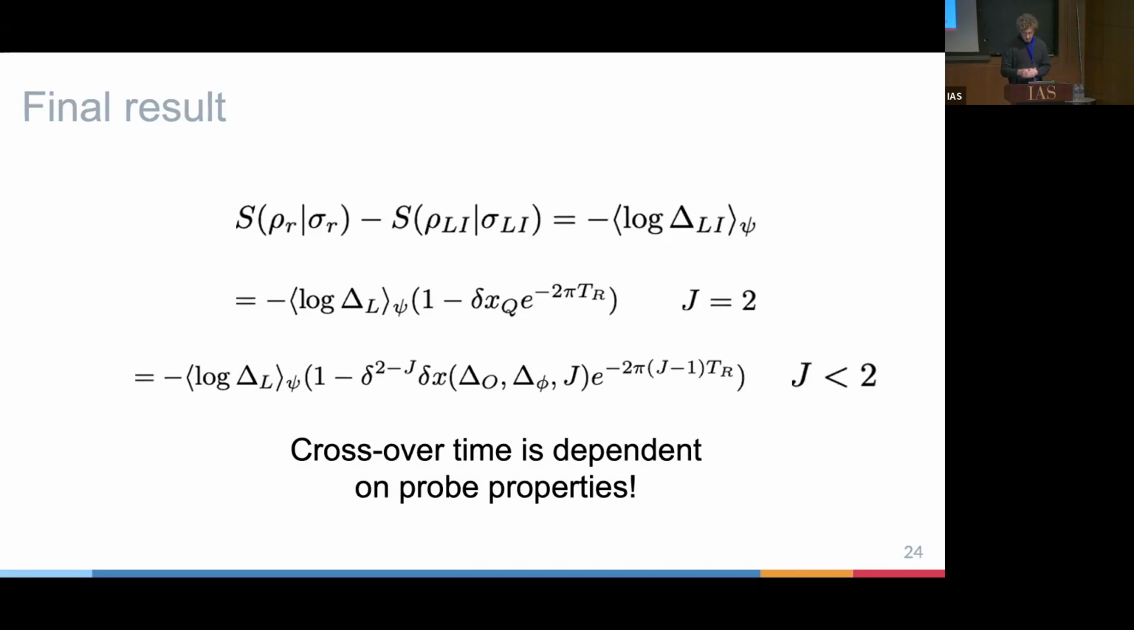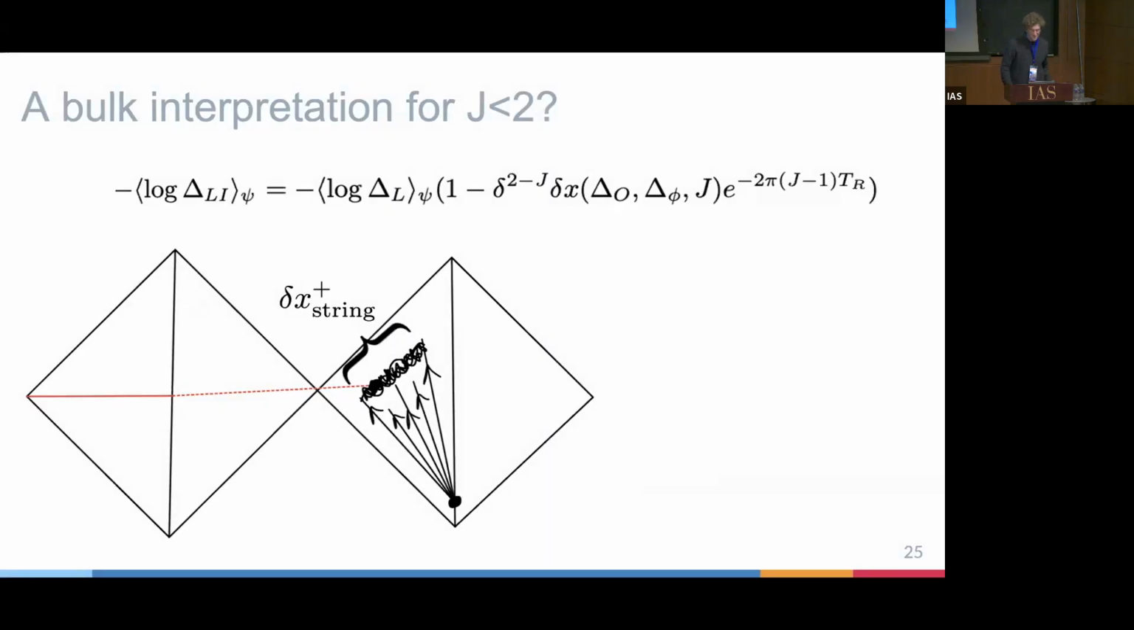So what's going on? We don't know, but let me offer one bulk interpretation, which was first suggested to us by Douglas Sanford, which I am partial to, although I'm not sure it's totally right. I'll explain why. So we have this formula. Because j minus 1 is less than 1, the turnover time, the transition time, is such that you need to bring the particle down earlier to get it into the entanglement wedge. But the fact that this turnover time is so dependent on the probe suggests